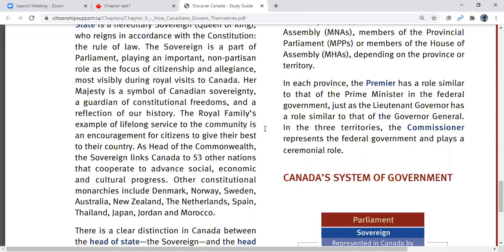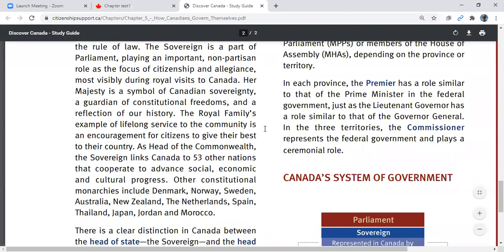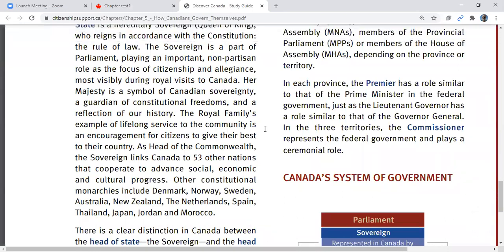Does anybody remember what the Commonwealth is? The Queen is head of the Commonwealth. Does anybody remember that? Sorry, teacher. You told us even before, maybe we studied. Can you say that again? Was that Zaniba? I couldn't hear you. Oh, you explained for us even before. Sorry, teacher, and then I don't know. I don't really remember. Oh, okay. Yeah, I just have to turn my volume up. I can't hear very well.